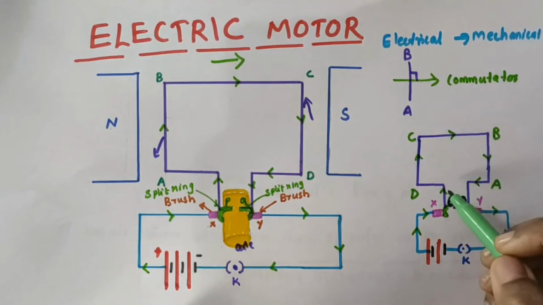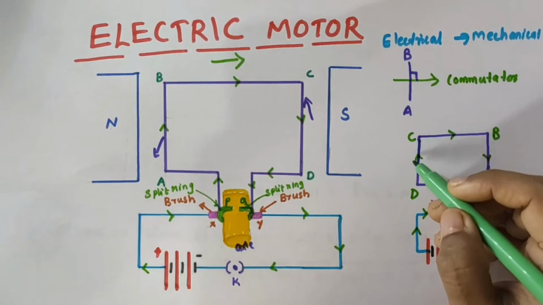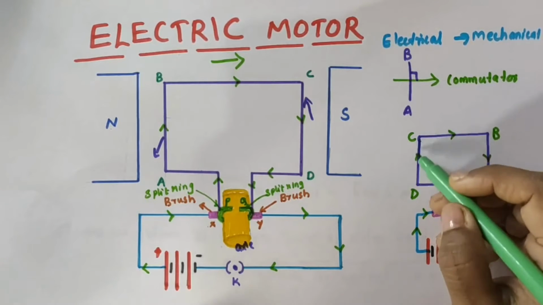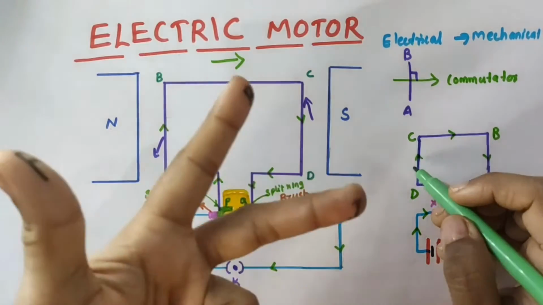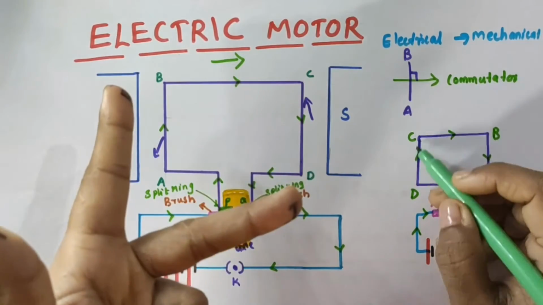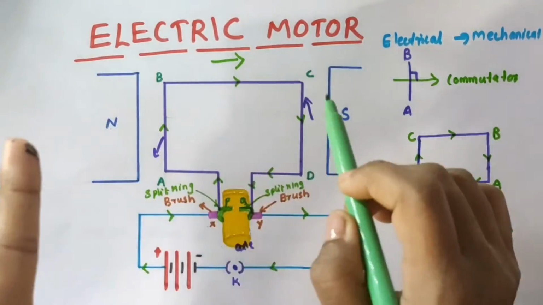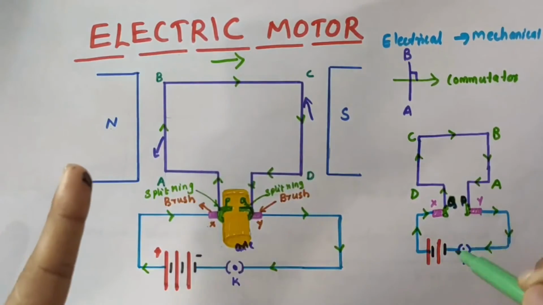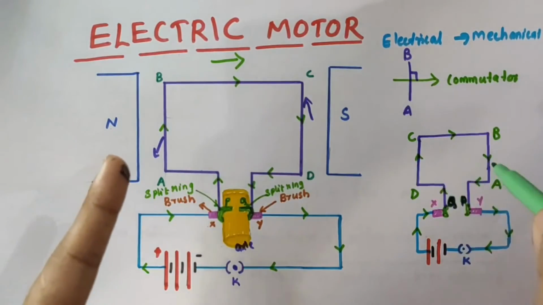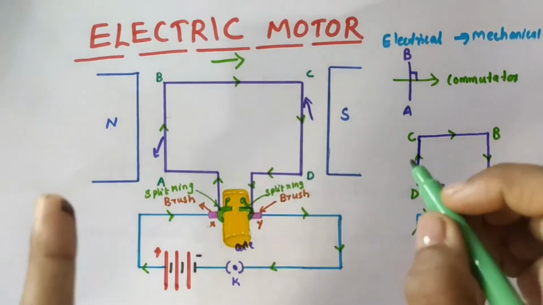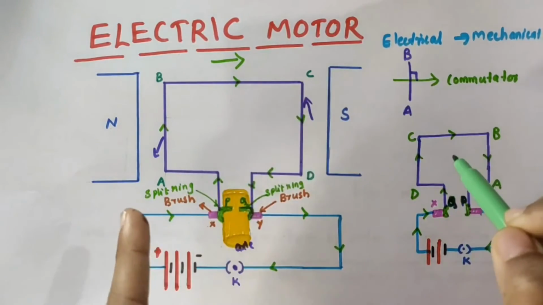After half rotation, the rotation is like this. Now what will be the direction on CD? We can make use of Fleming's left hand rule again. For arm CD, the magnetic field is from left to right, the same magnetic field. In the second diagram all details are not given, but you can understand it is the same one. There is already a magnetic field, north and south, there also.